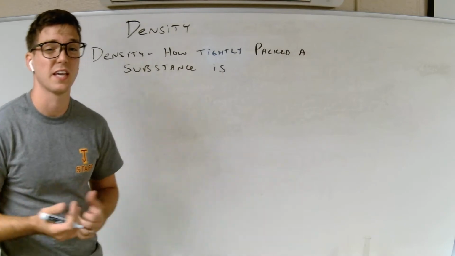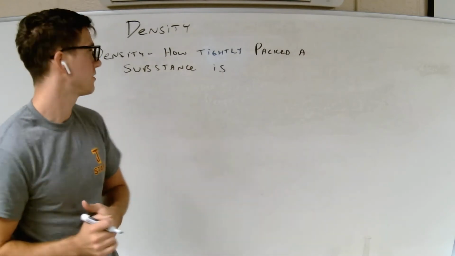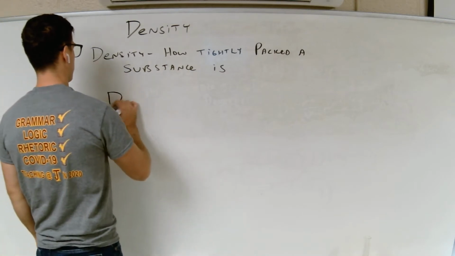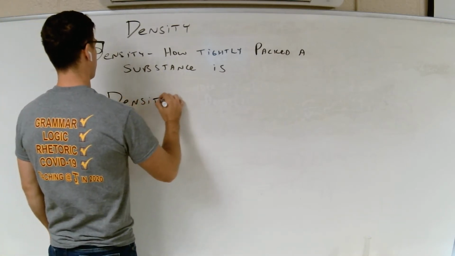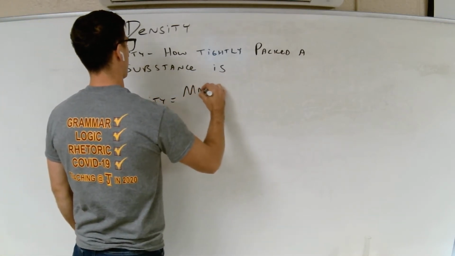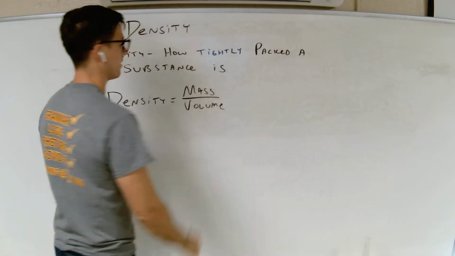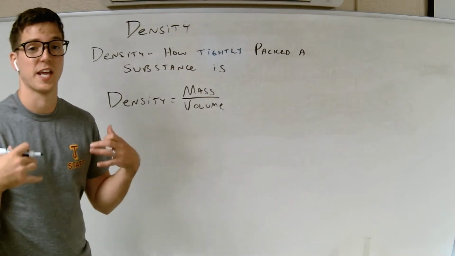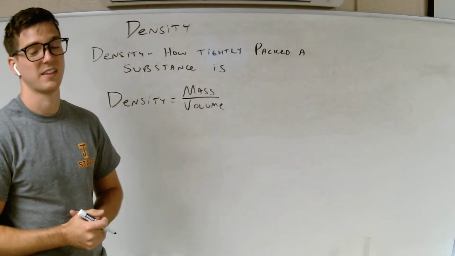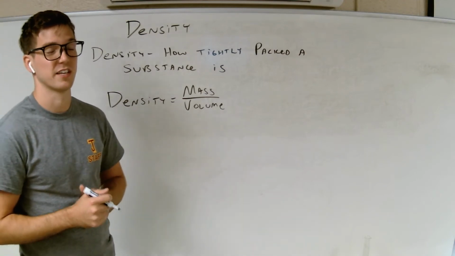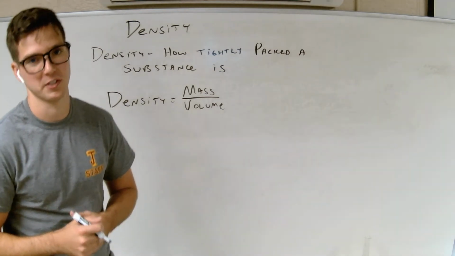And this is mainly a math subject, okay? So there's one math formula. This is our first one that we're getting into, and it's simply density equals mass divided by volume. Okay, mass is how many atoms something has. That's measured in grams. Volume is how much space something takes up, and that's usually measured in milliliters or centimeters